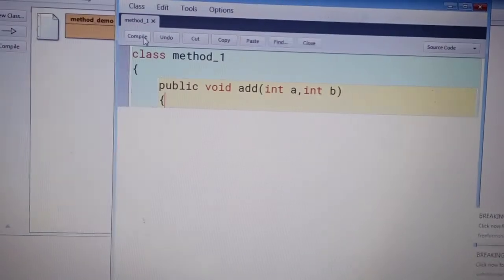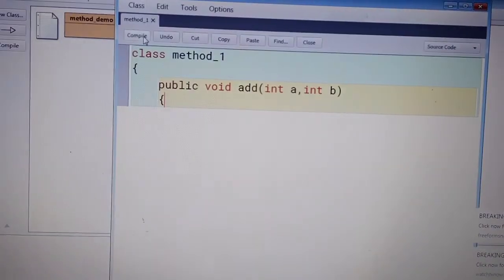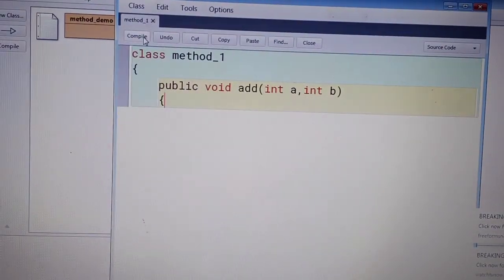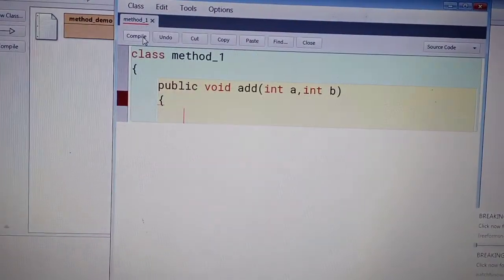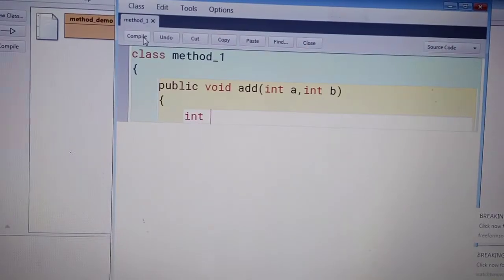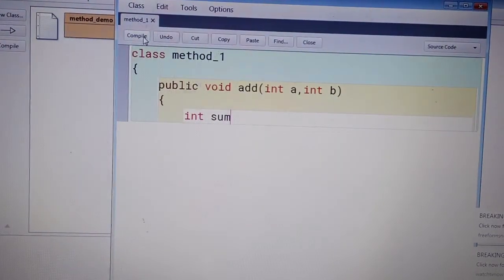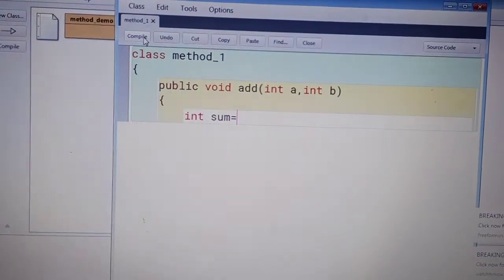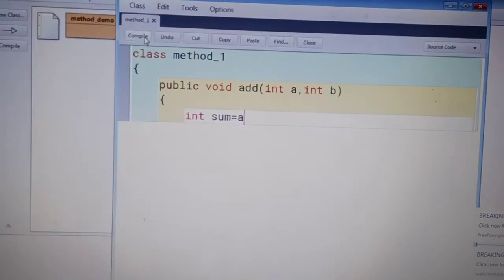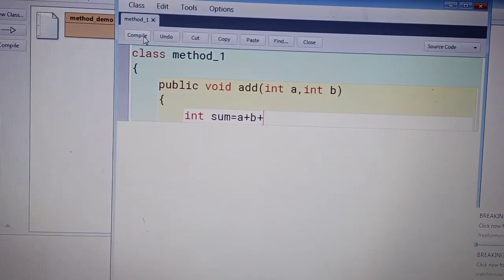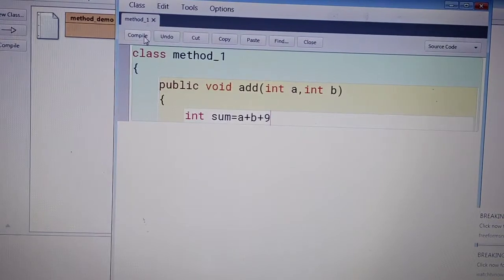Then we are going to start the method body. In this method body I am writing int sum is equals to a plus b plus 9. Okay, 9 is the constant.